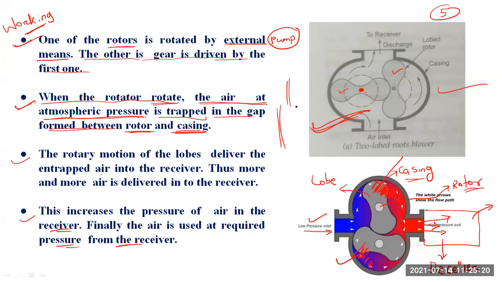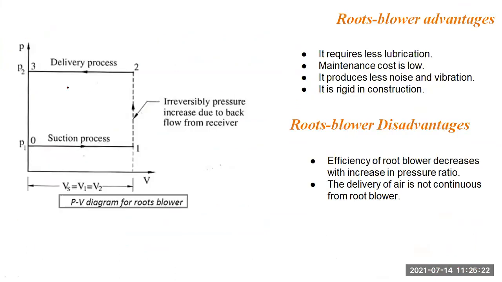And if we draw the pressure versus volume diagram, okay, only 2 pressures are there. This is the suction pressure. Suppose it is P1. P1 is the suction pressure over here. With this pressure, the air will enter the casing, and the delivery pressure is P2. This is the highest pressure. Okay. So at constant pressure, the air will enter the casing, and at constant pressure, the air will come out from the blower. So the lowest pressure is P1, the highest pressure is P2.